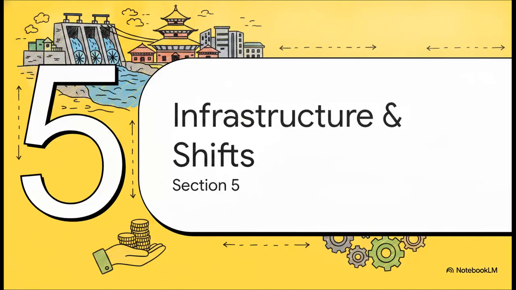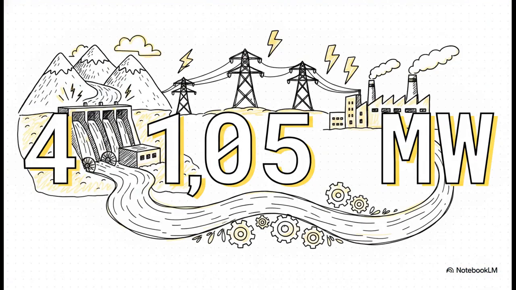Finally, we reach Section 5, Infrastructure and Sectoral Shifts. Let's examine the infrastructural backbone that is supporting this transitioning, remittance-fueled economy. The most significant infrastructural benchmark to remember here is the achievement of 4,105 megawatts of installed power capacity. This is predominantly sourced from hydropower, representing a massive leap in domestic energy production capabilities and laying a very strong